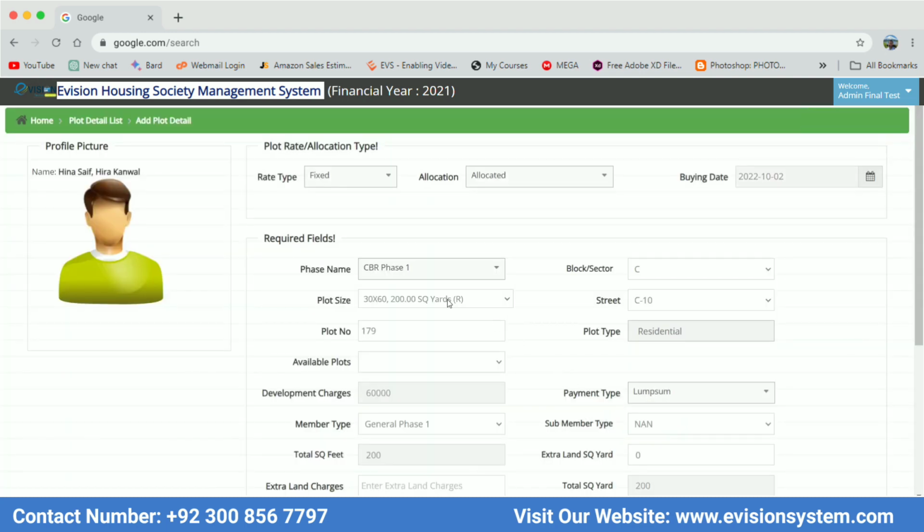Clicking on it, we will first select the rate type, then allocation, buying date, phase name, block or sector, plot size, street, and plot number. Next, we'll see a field for plot type, which will show based on the plot size. Then, we'll see a field for available plots, showing how many plots are available in our inventory for the selected